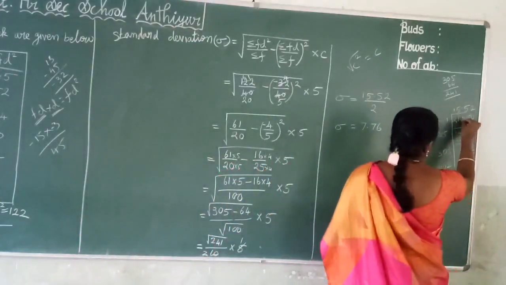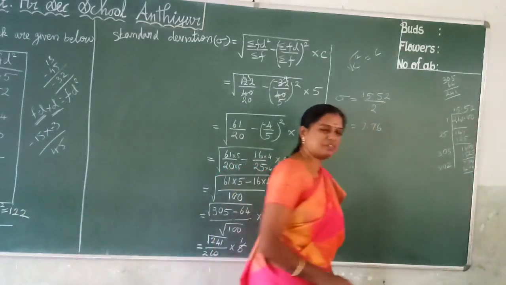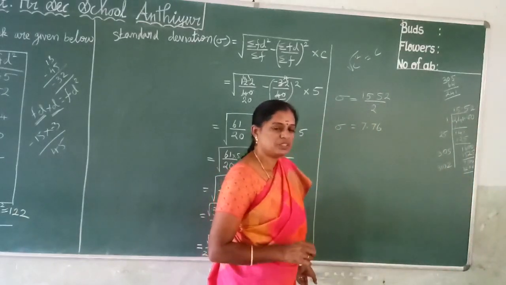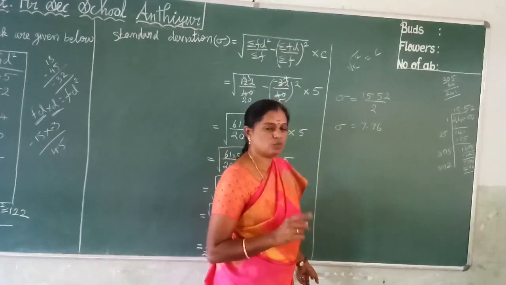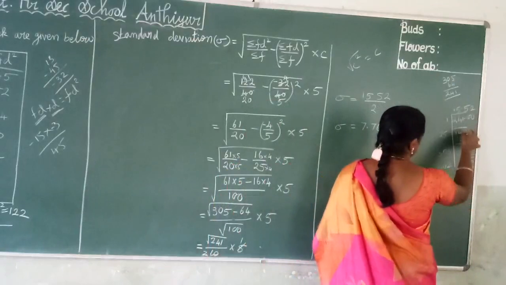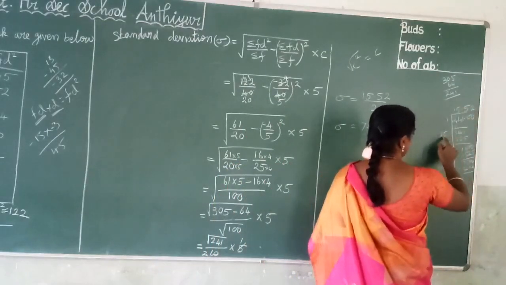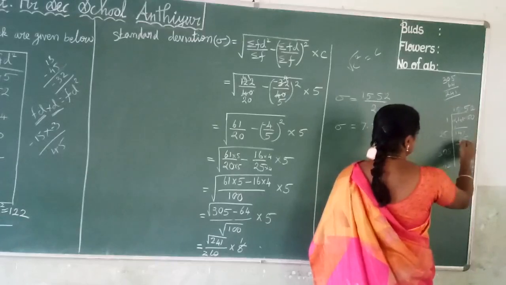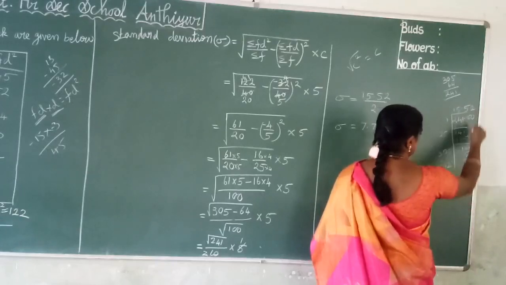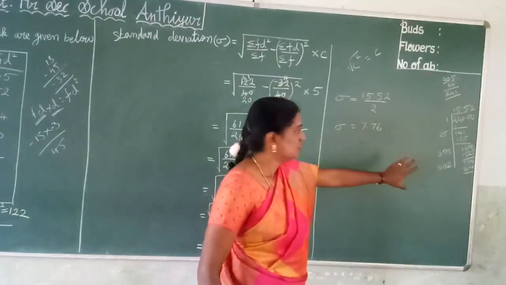Here the number is 2 4 1, so the first group is the single number 2. Is 2 a perfect square number? No. So which is the nearest perfect square to 2? 1. So 1 times 1 is 1, and then bring down the remaining 2 terms. And double the quotient, 2. Which number is possible? 5. So 5 times 5 is 25, 5 times 10 is 10. And the remainder is 16, and bring down 2 zeros. Like that you do it. What is the answer?